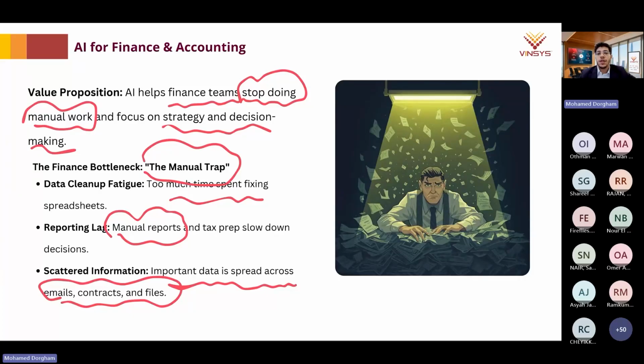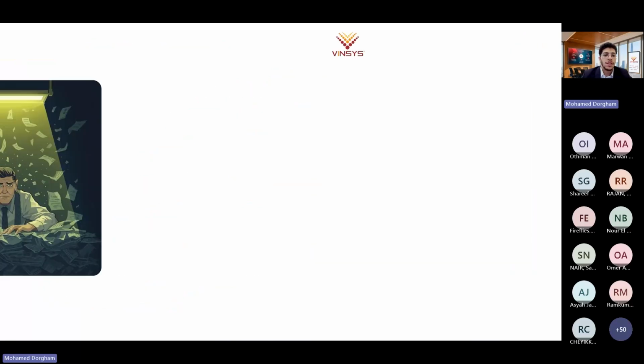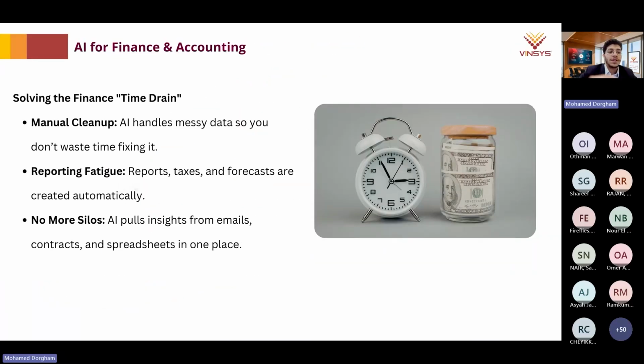Now, how is this changing with AI? Now you can ask the AI to do all this for you. You can ask the AI to do all the fixes. If there are fixes that you would have done manually, the AI can now do it all on its own, so you won't waste your time fixing it. And if you want to generate a report or a visualization, we're going to see this in real life, if you want to generate anything, the AI can do it for you. The AI can also pull all the information from multiple resources, so you will get all the information you want.